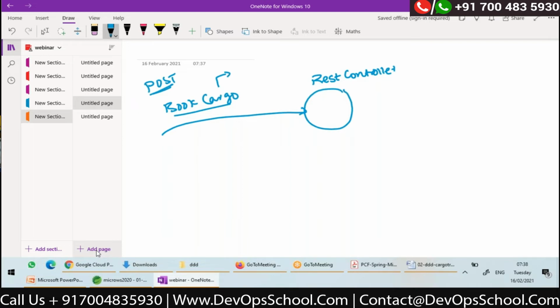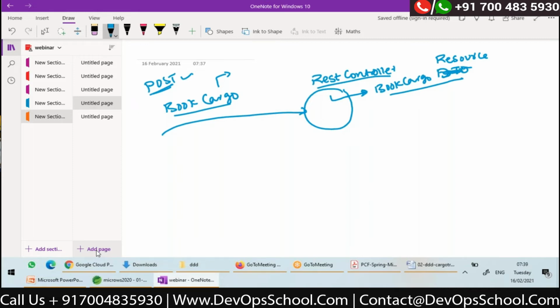normally, whenever some data is coming to our REST controllers, we capture the data using a DTO object, right? Data transfer object. Maybe book cargo DTO, which contains the fields whatever are posted. So the REST controller will populate that data to the DTO object. Or in REST terminology, we can call this book cargo resource. DTOs, we can assume as resources, right?